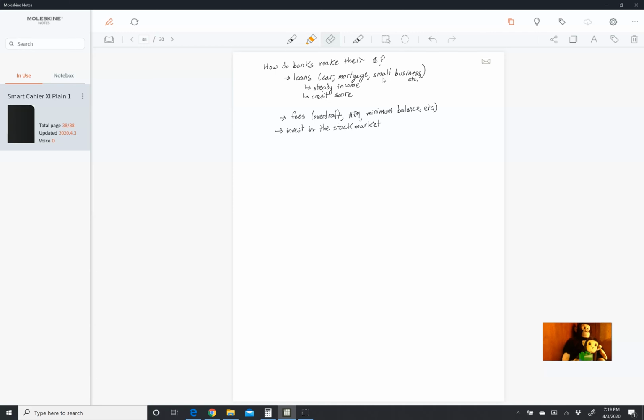The last thing that they look at is assets. Assets are things that you own. The reason that they look at assets, so all of these things are things that the bank uses to determine if you get a loan. The reason why they look at assets is because, okay,